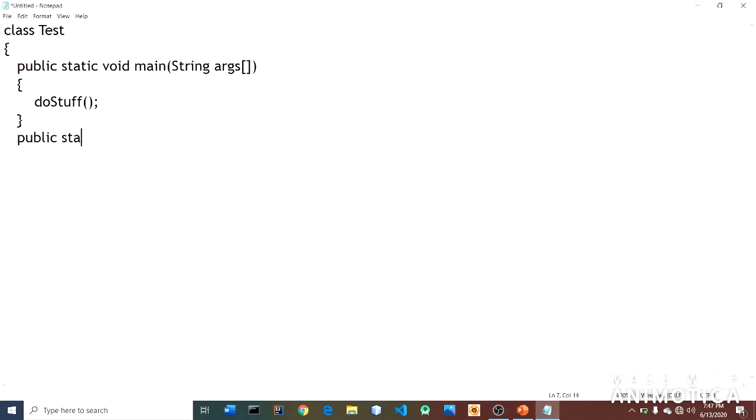Public static void doStuff. In the doStuff method we have to call doMoreStuff.